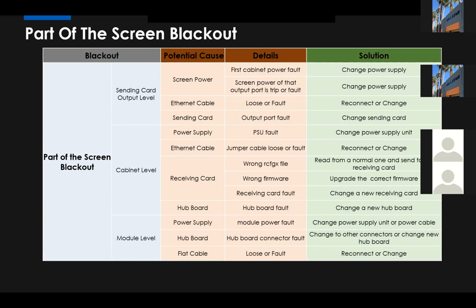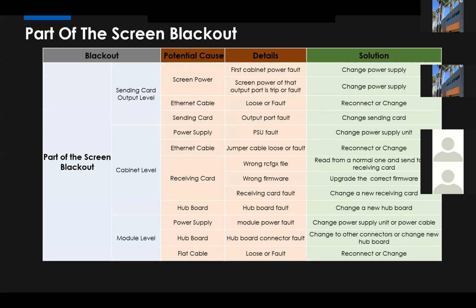For example, we have a VX4S with 4 ports, and you find the cabinet connected to the first port cannot show anything, but the second port works properly. So you can exchange the ports to see if the problem is from port number 1.